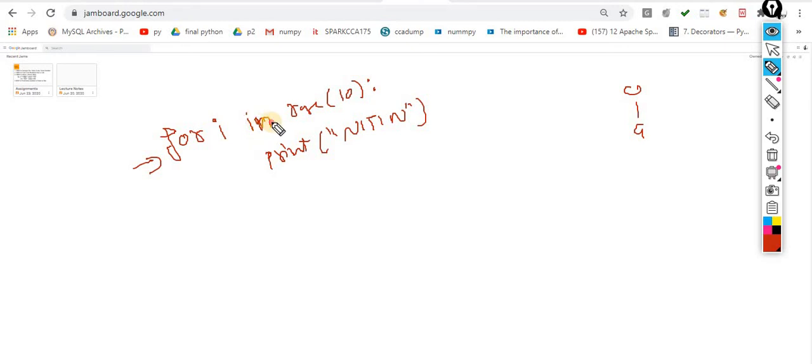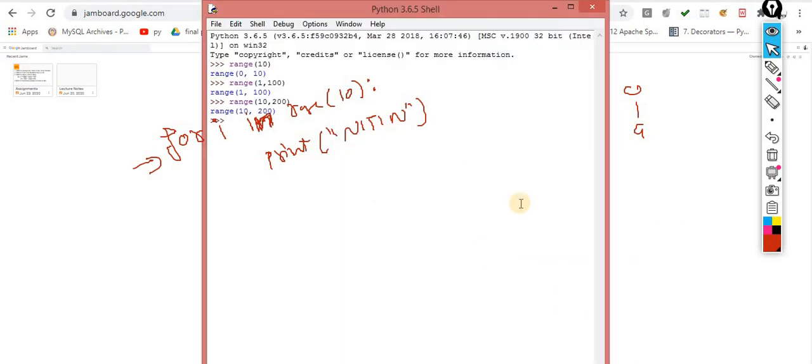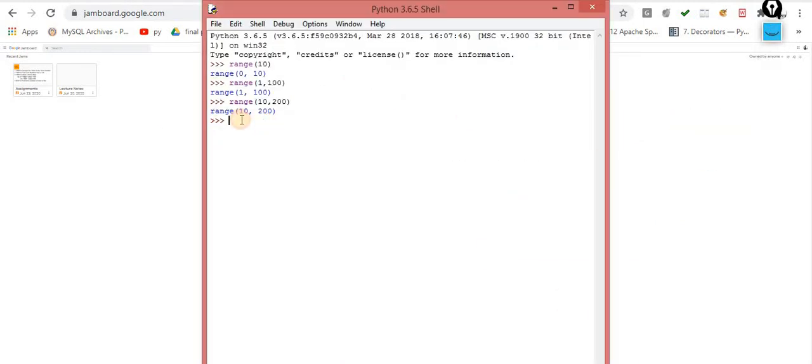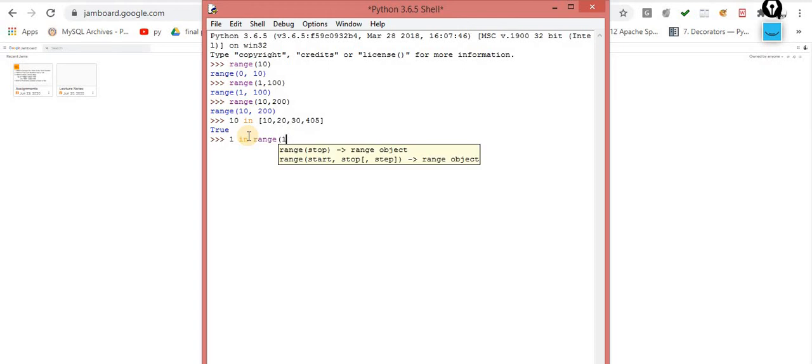We know the in operator. We already discussed it in the last session. In the in operator, let's suppose I am saying 10 in this list: 10, 20, 30, 40, 50. Now the output would be true. Why so? Because I am saying 10 is inside this list and the output is true. Same thing, I am saying 1 in range of 10. Is it true or false? It is true, because 1 is in the range of 10.